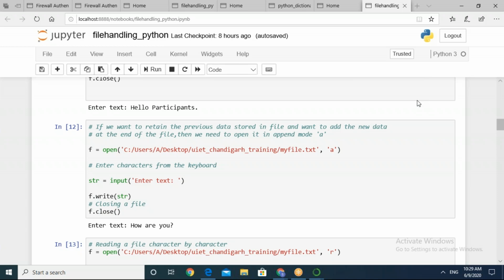Okay. Yeah, how many of you have done append? Because we have simply made one change into the corresponding content. Rest I haven't changed anything.